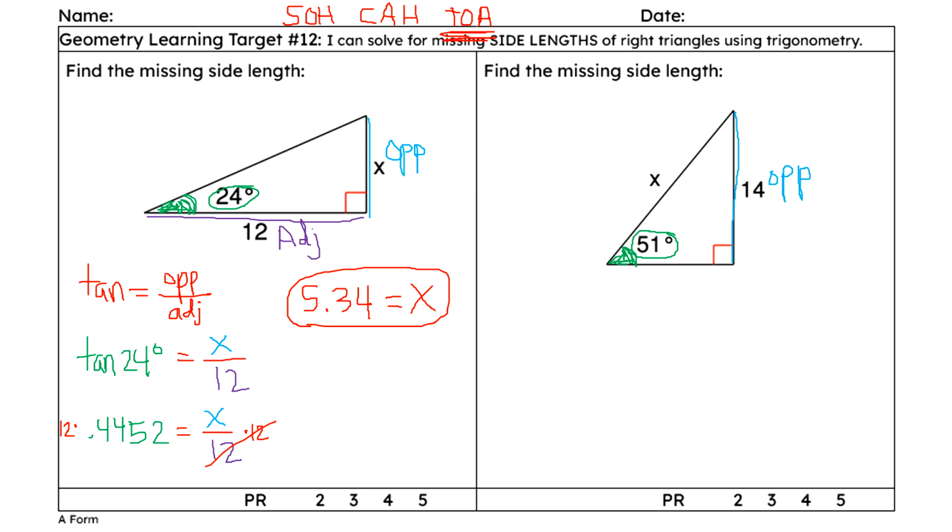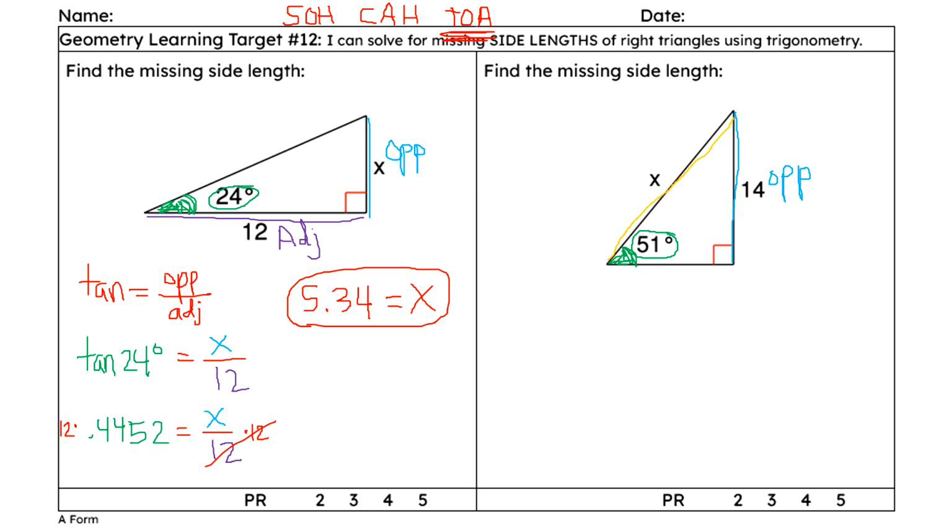Now the adjacent side, the adjacent leg, that one was down there at the bottom last time, but I don't have a value for that one. That's also not my x, so I really don't care about that side. That side's not going to help me with anything. However, this side across here,